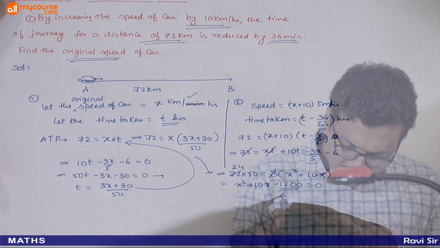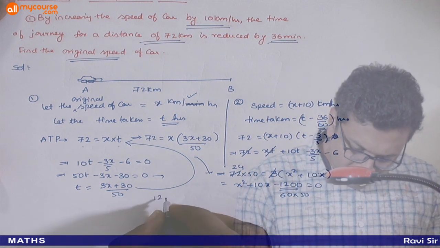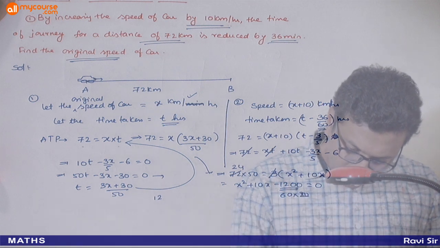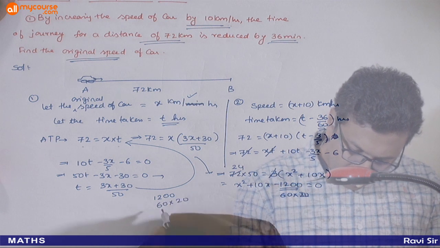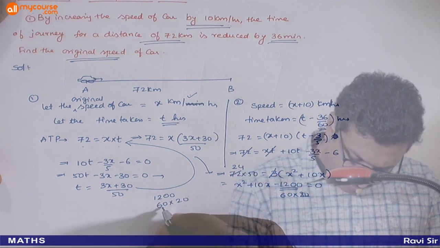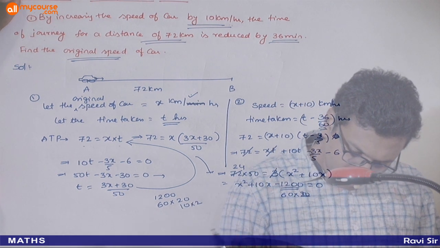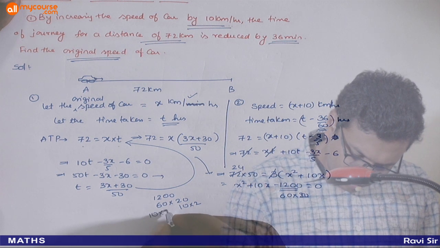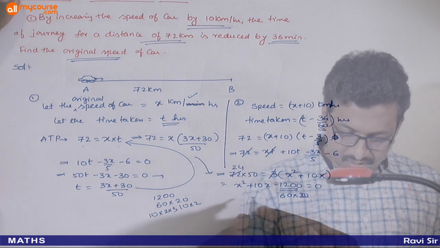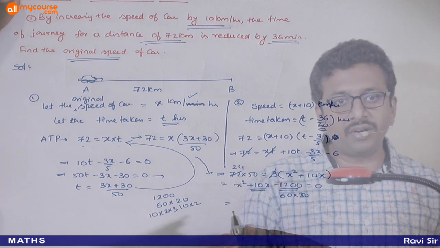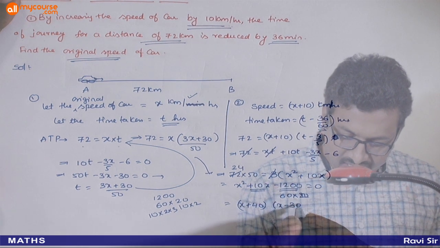This I think is 60 into 50? No. So 1200 is 60 into 20. This doesn't work. So here 60 you can write as 10 into 2 into 3. So 40 into 30. So if you split it as 40x minus 30x, you get x plus 40 into x minus 30 is equal to 0.